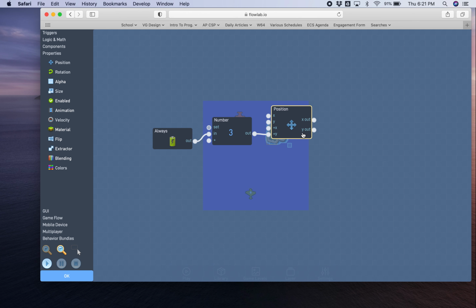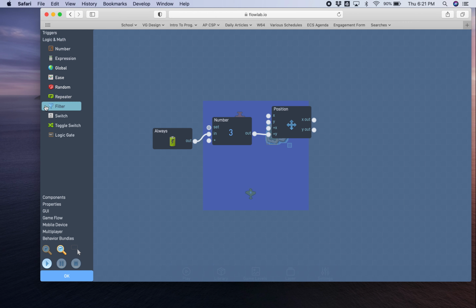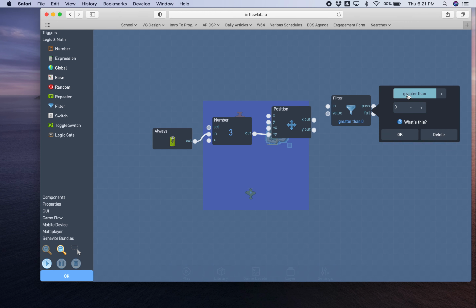Then what we're going to do is we're going to be testing this y position. Because if I just ran the code now, the island would just fly off the screen and then never reappear. What we want to do is test it for when it goes out of the screen. We want to make it jump back up to the top. So we're going to use a filter for that. Under logic and math, there is a filter block. And inside the filter block, we're going to change it to greater than